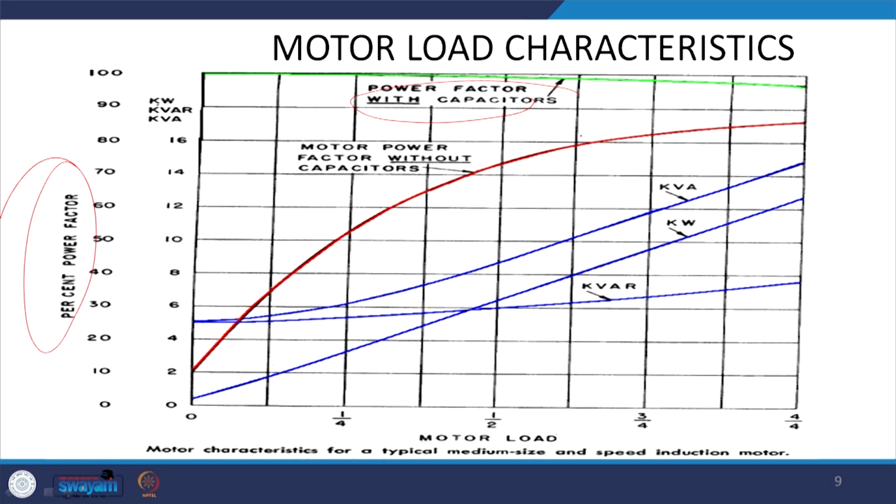And so, this is a red one, and the blue one is kVA, and according to the loading it will improve, and of course, the straight line is the real power in watts. You can see that kVA is quite high at the lower rating, when it is not loaded, as a percentage. So, when it is not loaded, predominantly it will be generating inductive kVAR, and one solution can be given by power factor correction with capacitors.